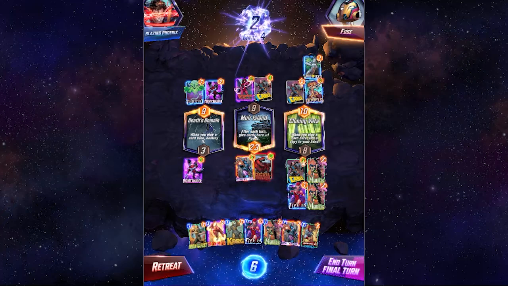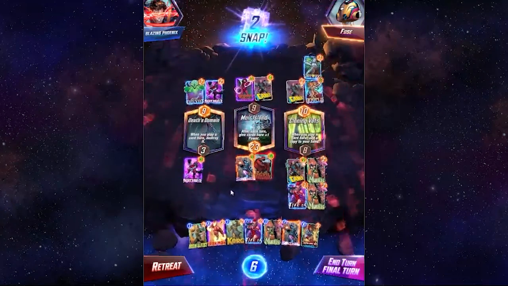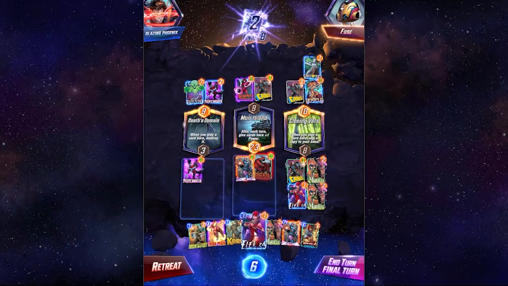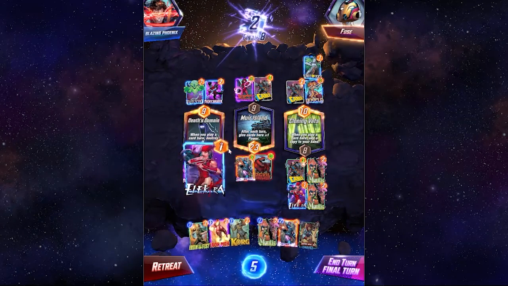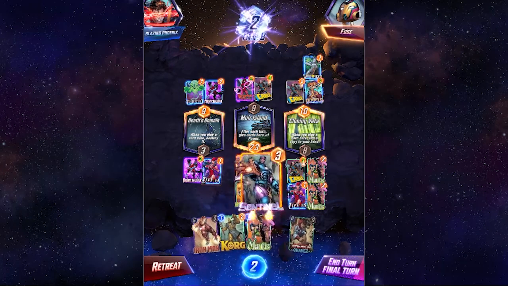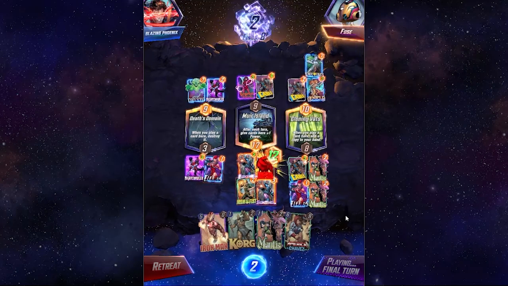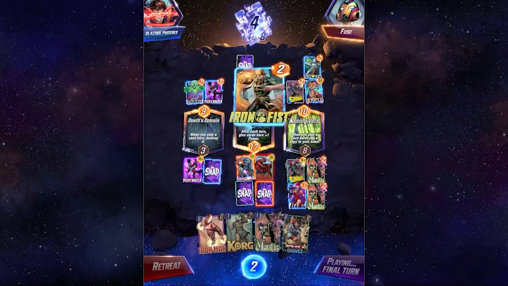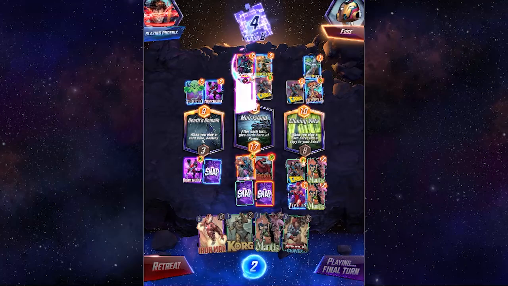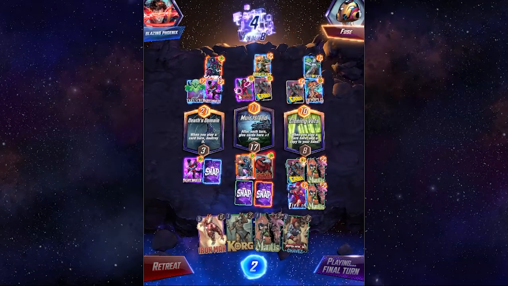Very unfortunate to get Moon Girl here. Like beforehand, to get a copy of Devil Dino. Opponent snapped. So I guess there's not a whole lot we can do here, but at least we can try something. Play that. But don't think it's going to really do much for us. That moves it over to the left anyway, so...